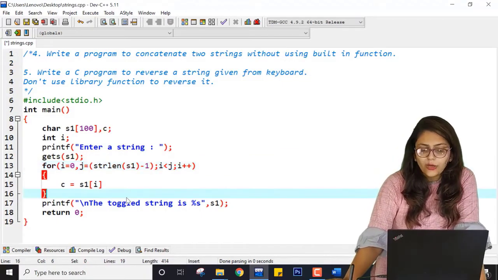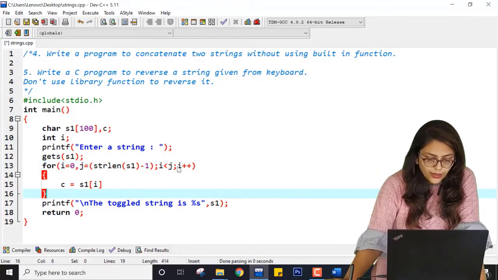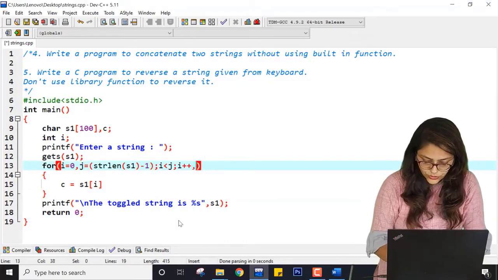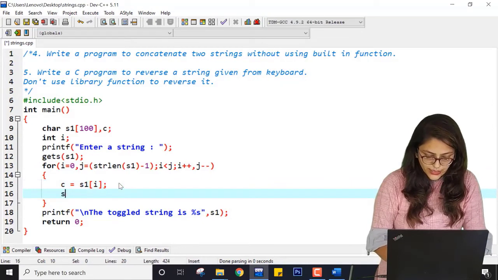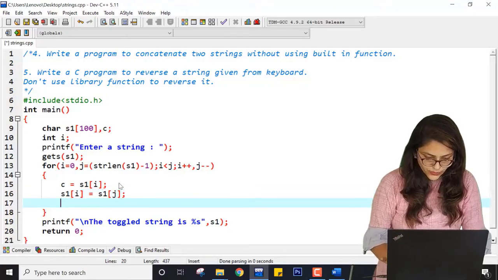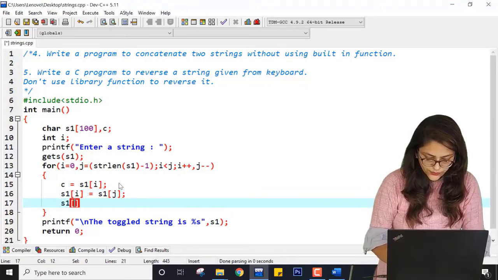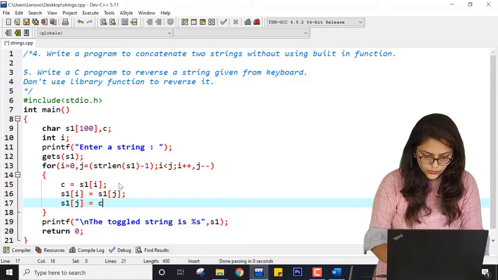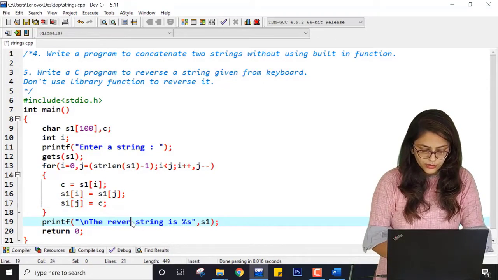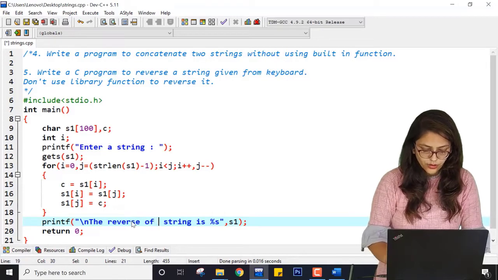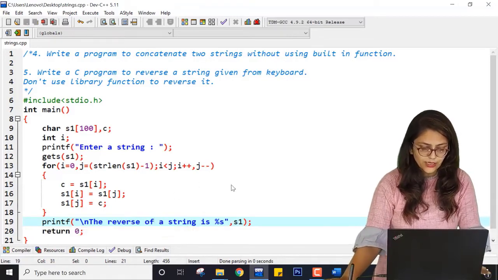So you can write something like this, and here it will be J minus minus. Now here it will be S1 of I equal to S1 of J. Here it will be S1 of J equal to C, and after the end of this, the reverse of the string is S1.